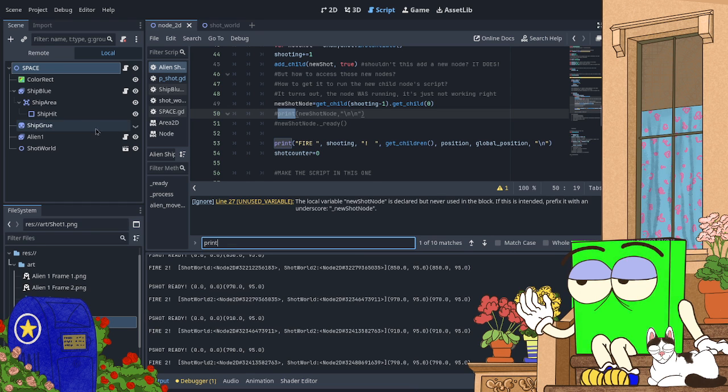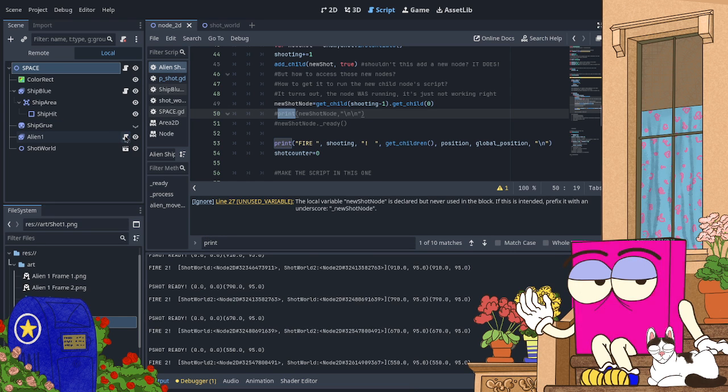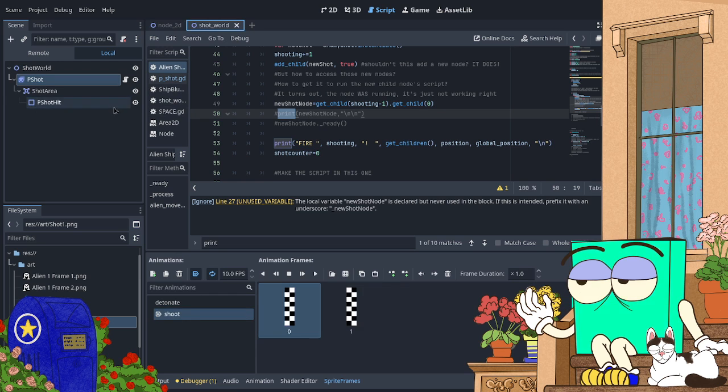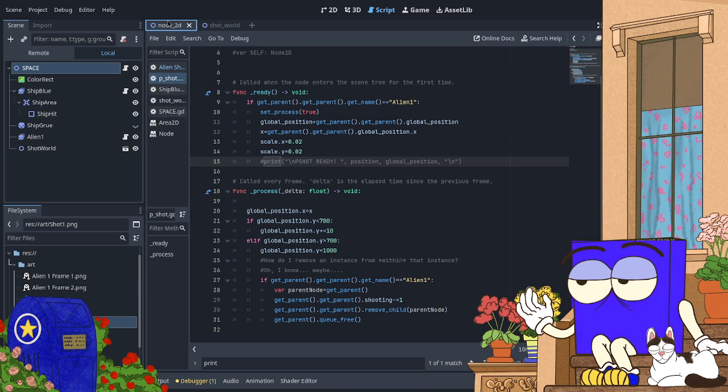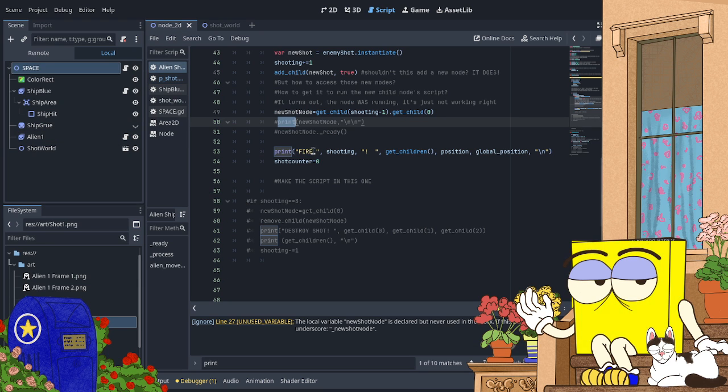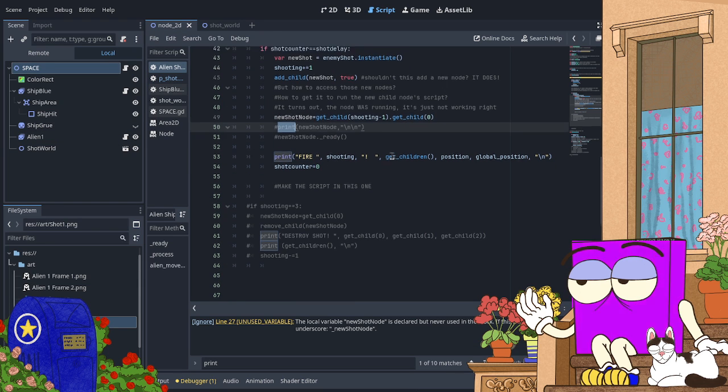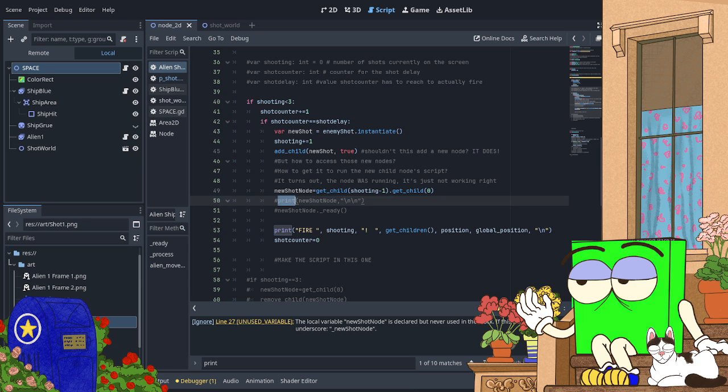Okay, P shot ready is over here. I'm trying to get rid of some of these print statements. There we go. Let's get rid of that. And we go up, and we go here. And I'm going to leave this for now. I'm going to leave the fire one there.